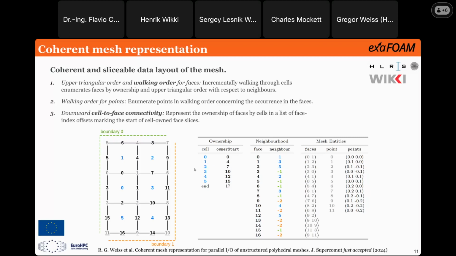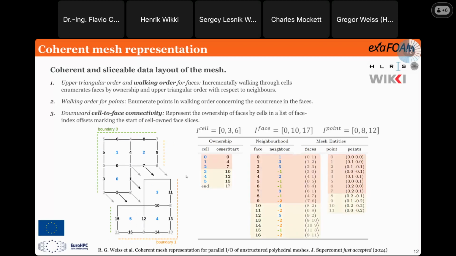Okay. Now, what does all of this give me? If I now want to split the mesh, if I want to partition it or really read a chunk, and I'm not talking about a good partitioning of what a decomposer would yield, but really just chunking for reading to get this contiguous I/O access pattern.